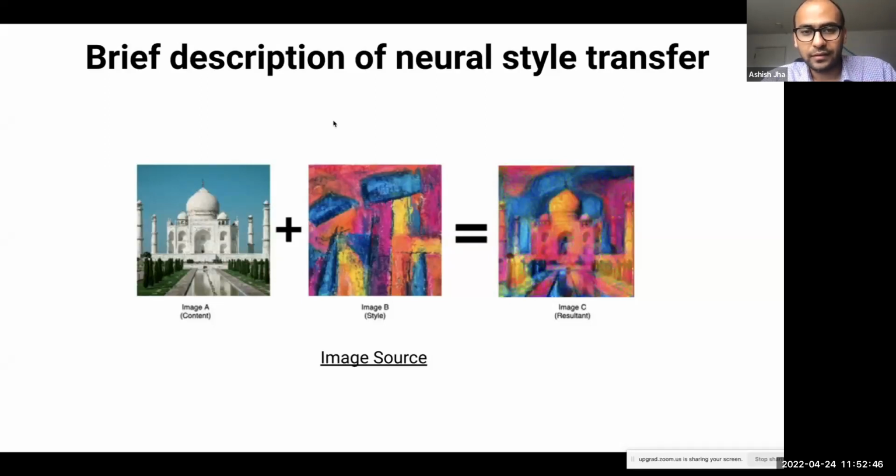The goal of neural style transfer is to transfer the style of this artistic image into the content image, to make it look as if some artist drew the image of Taj Mahal, which you can see on the right hand side.